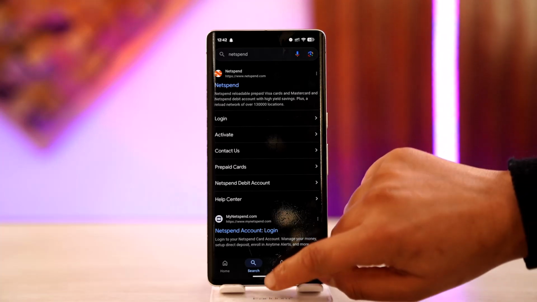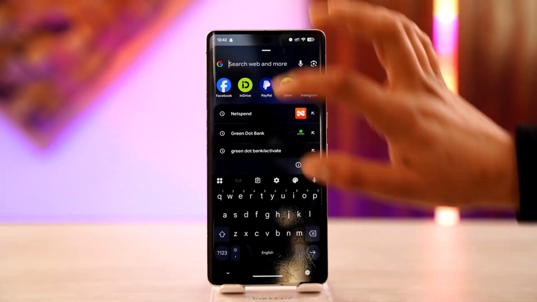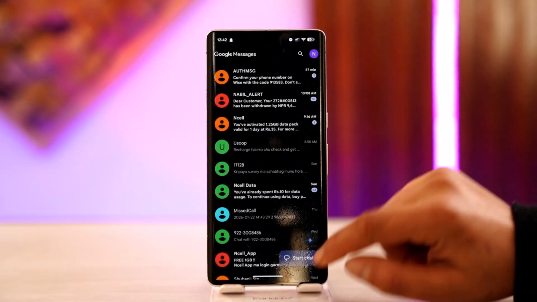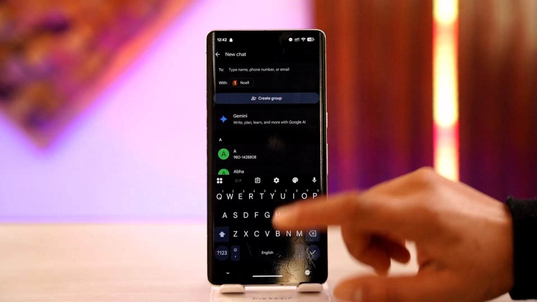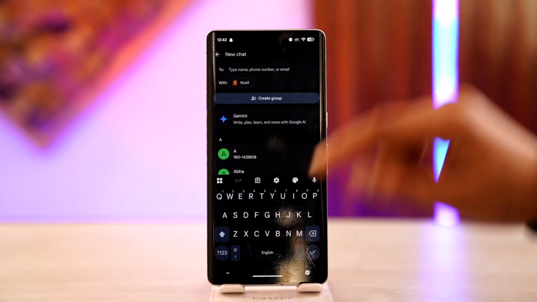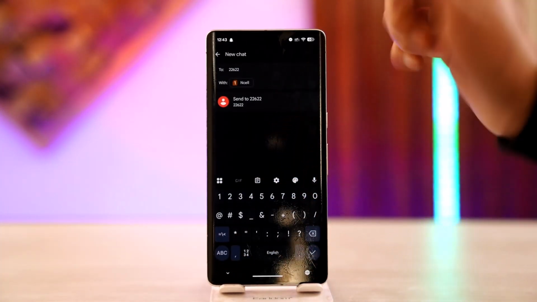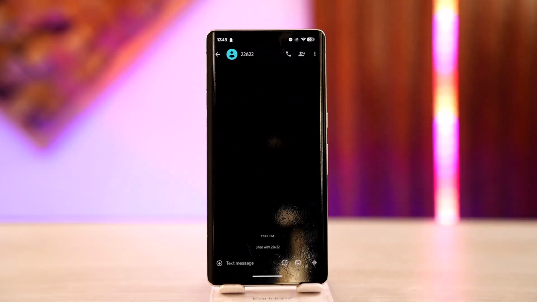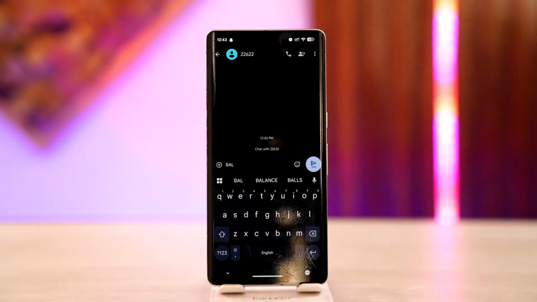So actually what you want to do is just open up your messaging app, the text SMS app. Here it is. Then you want to go ahead and select start chat and type in to whom. So this is going to be for 22622. This is going to be the receiver's address. All right. Now that you've done this, you want to type in BAL. Make sure that all of these texts are capitalized. Once you've done that, you will be able to view the card and a savings account balance once you send